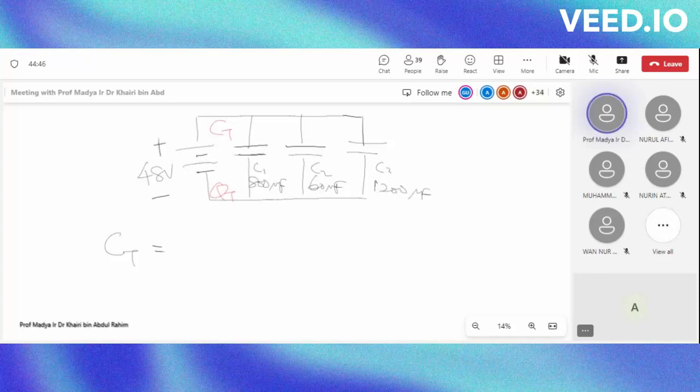Right. Let's continue. CT. So parallel capacitance equals to series resistance. So in this case, C1 plus C2 plus C3, okay, equals to,